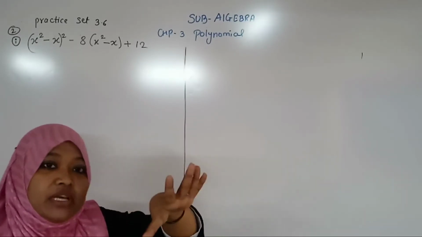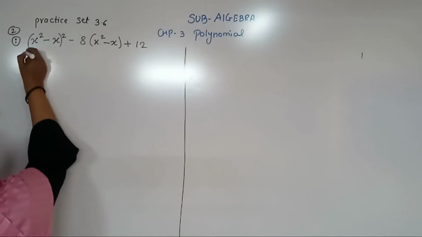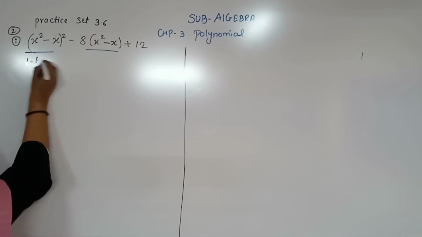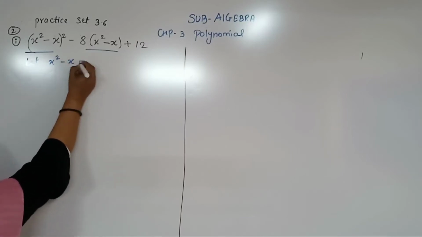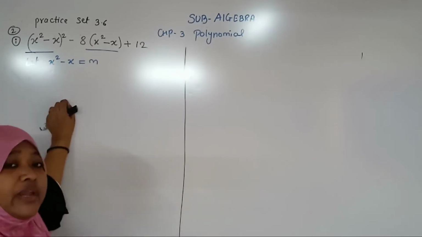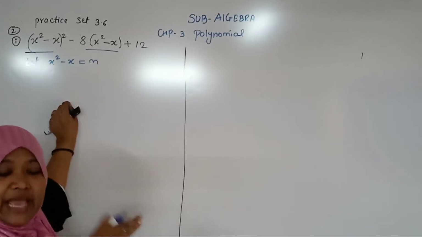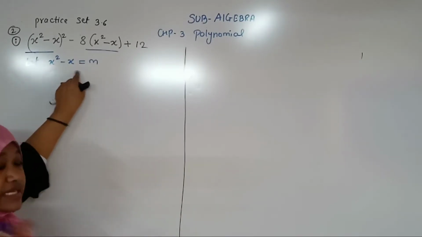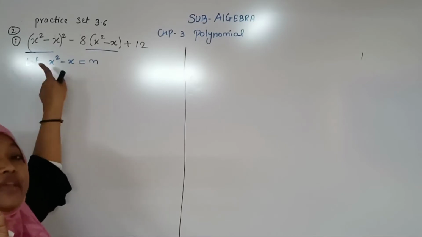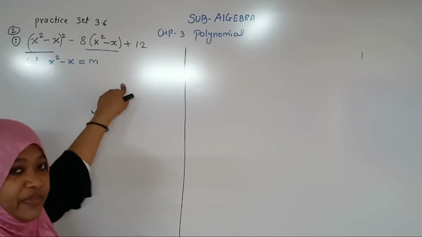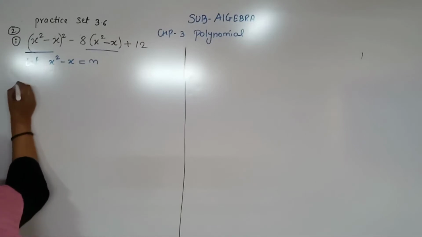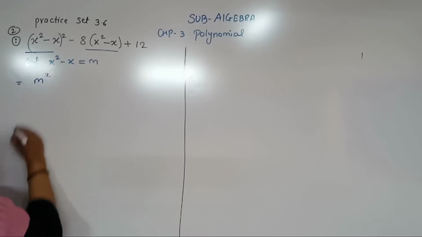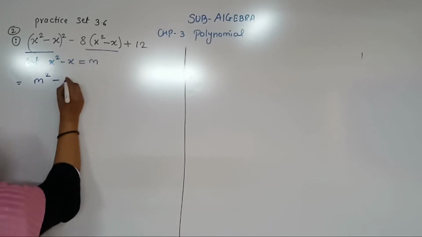If they have the same terms, what we have to do is take it as common. I can see I have the same bracket or same term. So what I am going to write here: let x square minus x equals m. You can take any variable, but I have taken m, that is very convenient to solve it. So instead of x square minus x, I will take m. Wherever I have x square minus x, I will take m there. See the question: x square minus x the whole square. So I should write m the whole square, right? Minus 8 as it is.